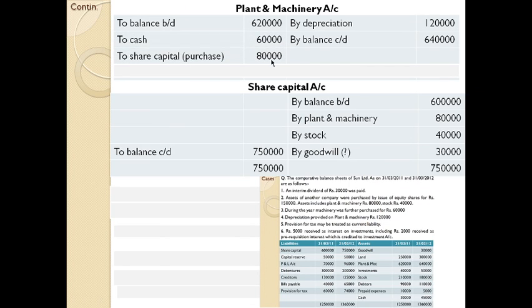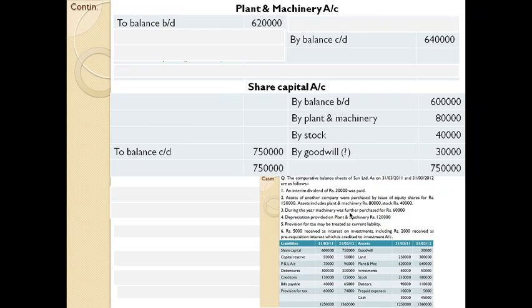So 80,000. And next item, during the year machinery was further purchased 60,000 and depreciation provided during the year is 12,000, 1,20,000. So by depreciation 1,20,000 is recorded. Next item, during the year machinery was further purchased rupees 60,000, so to cash 60,000. And finally this item